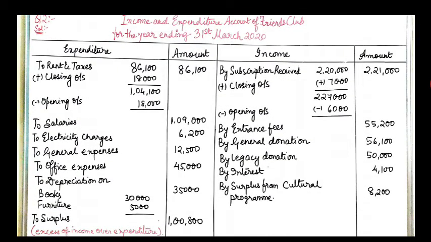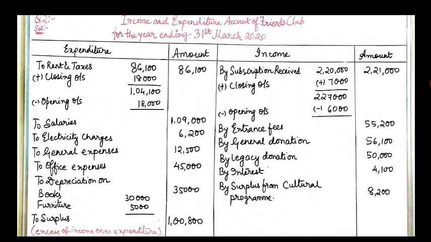Expenditure side. To rent account 86,100, add closing outstanding 18,000 minus opening outstanding 18,000, so it will be again 86,100. To salaries 1,09,000, to electricity charges 6,200, to general expense 12,500, to office expense 45,000, to depreciation on books 30,000 and furniture 5,000. Income side, by subscription received 2,20,000, add closing outstanding